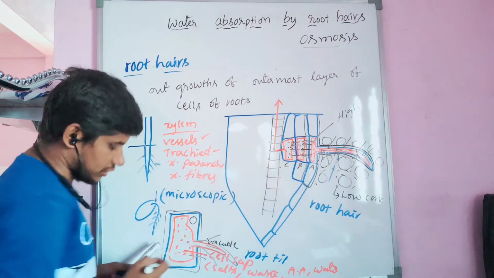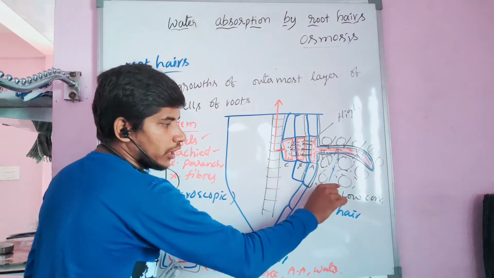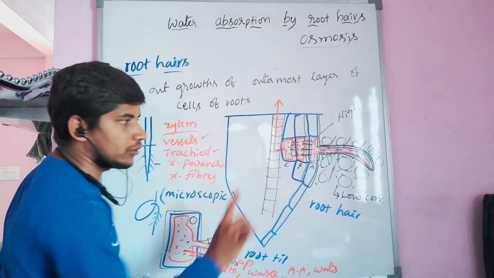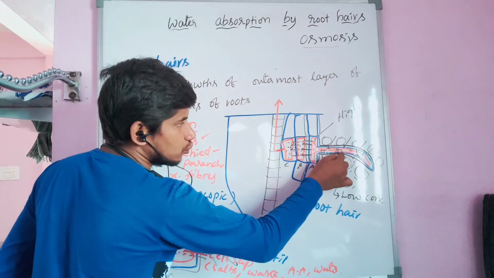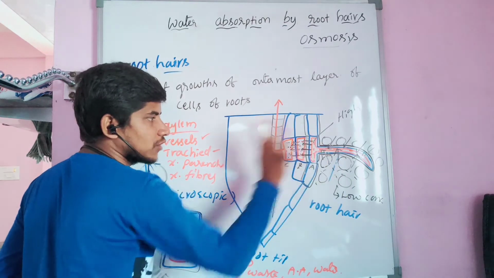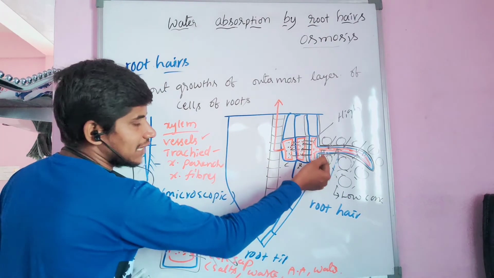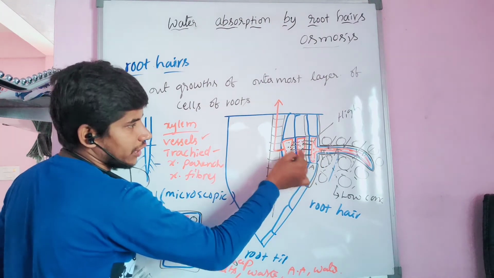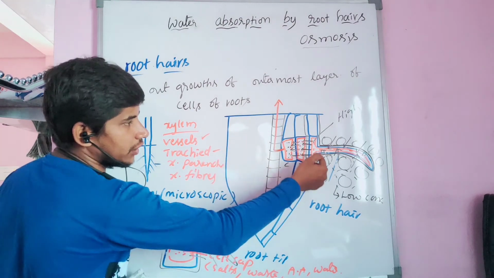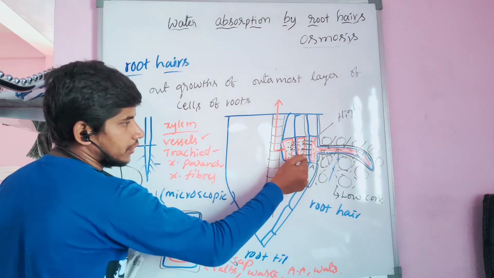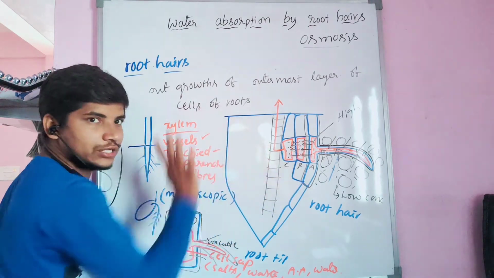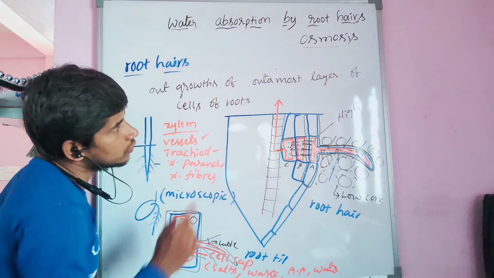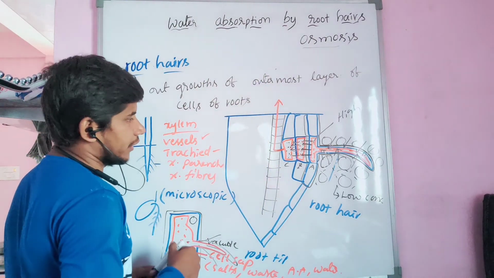So in this process, the soil water is a low concentrated solution when you compare with the cell sap of the vacuole. From the low concentrated solution, through the semi-permeable membrane, the water is absorbed into that outermost cell. From this cell into the neighboring cell by means of the same osmosis, as the neighboring cell is concentrated when you compare with that A cell. From here to B, B to C, and finally to the xylem. Once the water enters the xylem, it is transported upwards in a unidirectional manner.